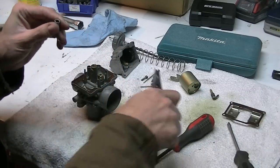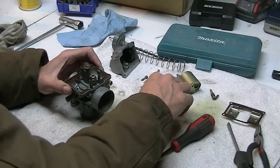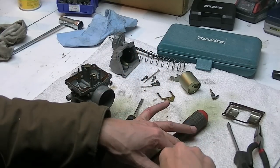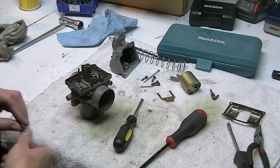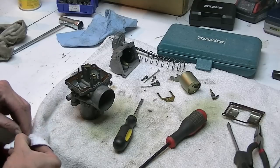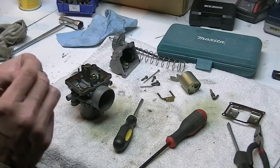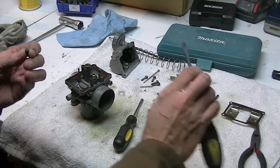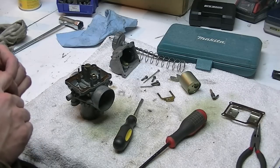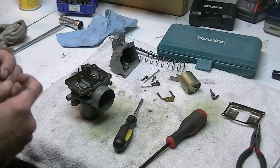It'll be metric because it's a Mikuni carb made in Japan. So that's that. This is what you use to set if your engine's running too lean on the top. This only really affects your wide open throttle. You're coming on the main jet. Everything else goes through the pilot jet, for the most part, in the idle circuit. So this is what determines your wide open fuel mixture. If it's too lean, you're going to wreck your engine. If it's too rich, you're going to not run at optimum